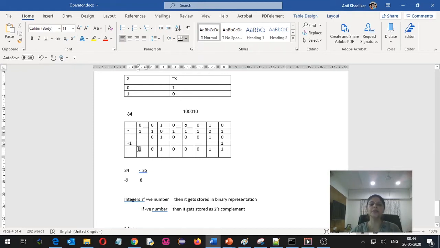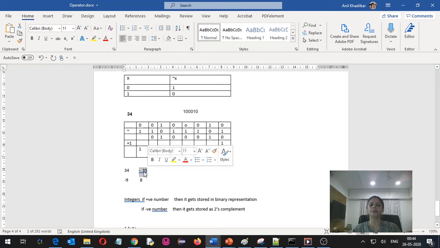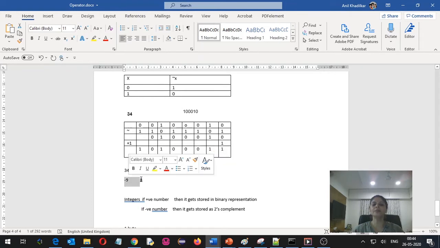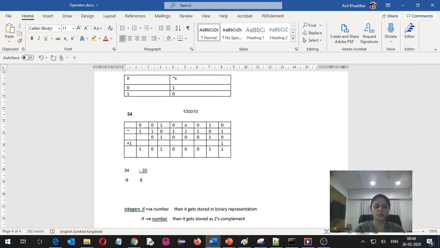And since this bit becomes 1, initially the bit is 0, which gets modified to 1, because of which the sign gets negated, and over here we are getting the answer as minus 35. So usually if you calculate the complement of any number, if the number is positive, the value will be 1 greater than that number and the sign will be opposite, and if the number is negative, then the value will be 1 smaller than that number and the sign will be positive. If you try to find the complement of 35, then the complement of 35 will definitely be negative because it's a positive number, and the answer will be 36.